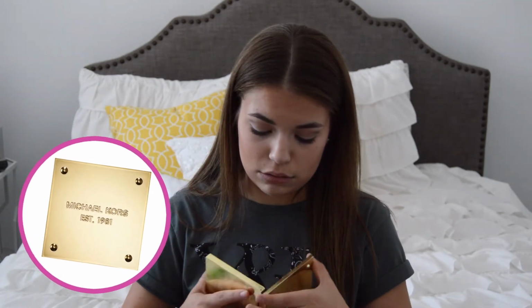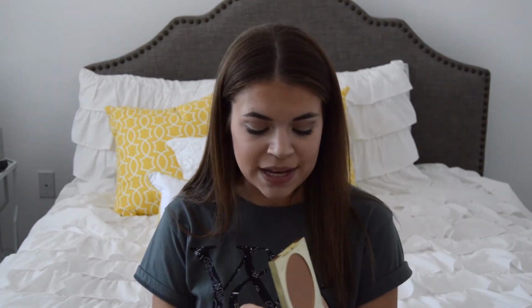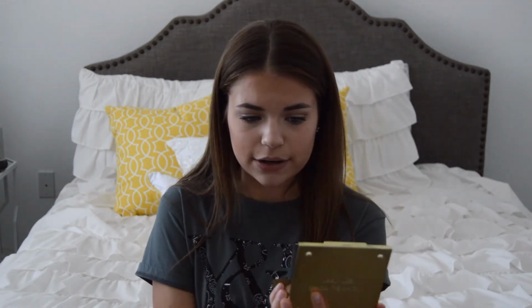Next, we're going to talk all things bronzer. I have been using 2 different bronzers. I've just been going back and forth depending on what I want for the day. The first one is the Michael Kors bronzer in the shade, I think, Glow. I'm not completely sure. I think it's discontinued, but I found it at Nordstrom Rack for like 25 bucks one time, and I was like, number 1, can we talk about the packaging? This is amazing. Number 2, the product is gorgeous. Number 3, the mirror in here is